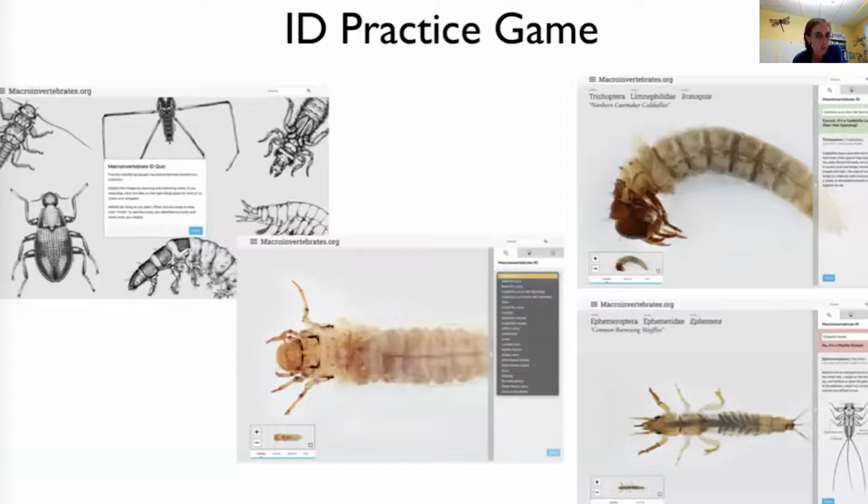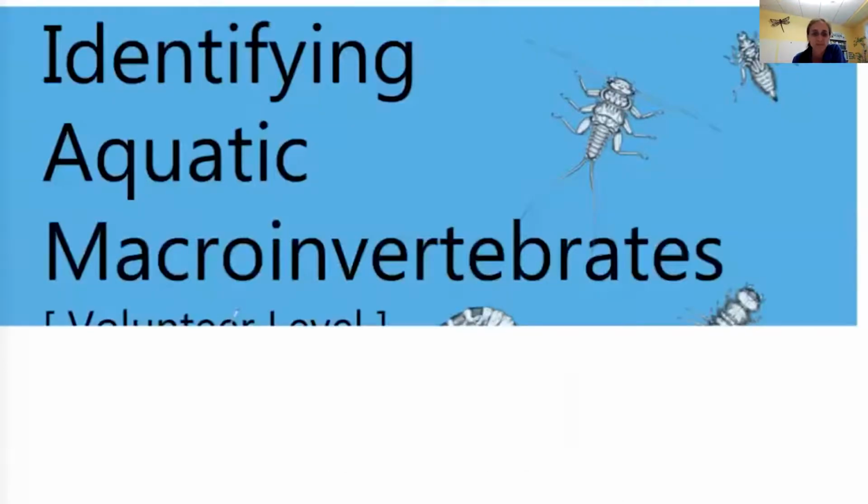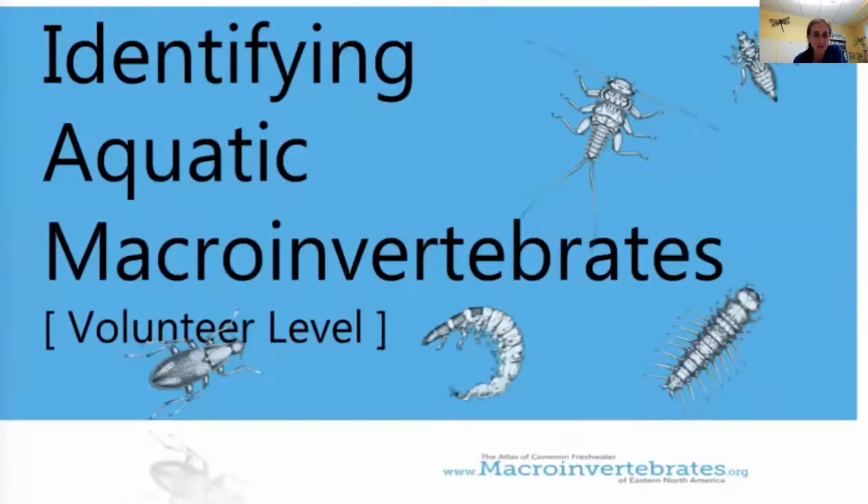And it points out features, especially if you get it wrong, if you get it right. And we've had professors at universities use this as a part of a quiz for the limnology or entomology courses where they can take these quizzes and send a screenshot of how many you got right or incorrect. Next.